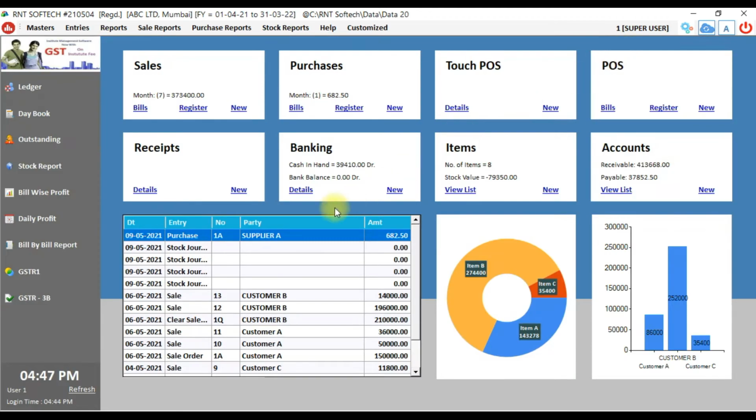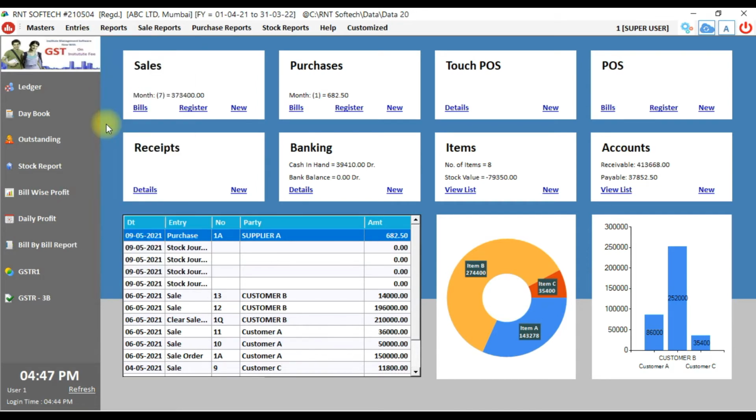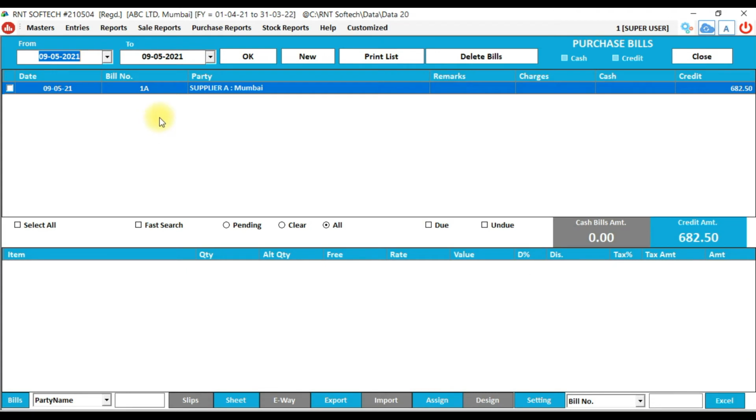Now I'll first show you one purchase entry, to make you aware how to take the items into stock through purchases into a particular godown. I go to entries, purchase, new. I'm creating a new purchase invoice for pens.